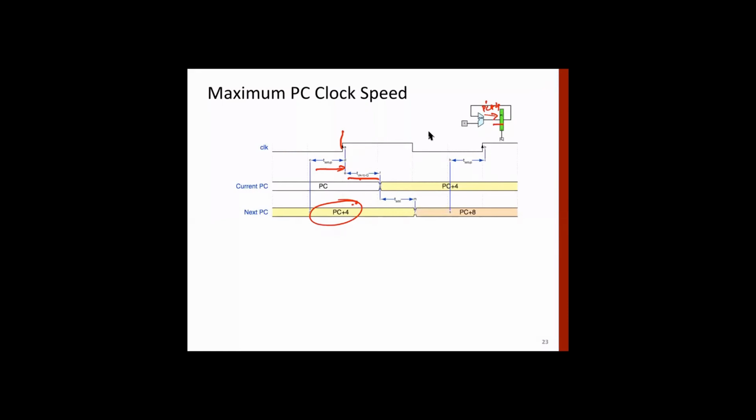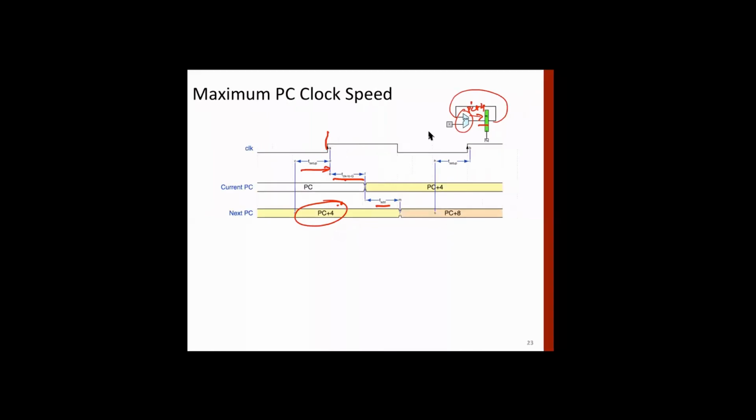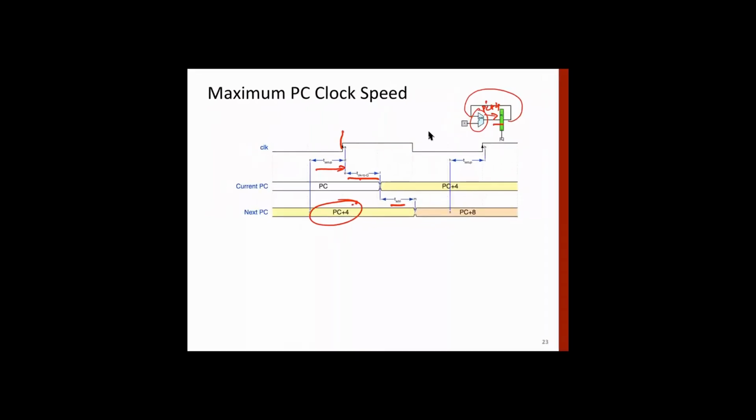And then there has to be this delay due to this combinational logic block, which is T adder. So if you sum this up, we come up with the minimum time delay, which corresponds to the cycle time, that has to be T setup plus T adder, which is T_CL actually, plus T clock to Q. So from this you can derive the clock rate.